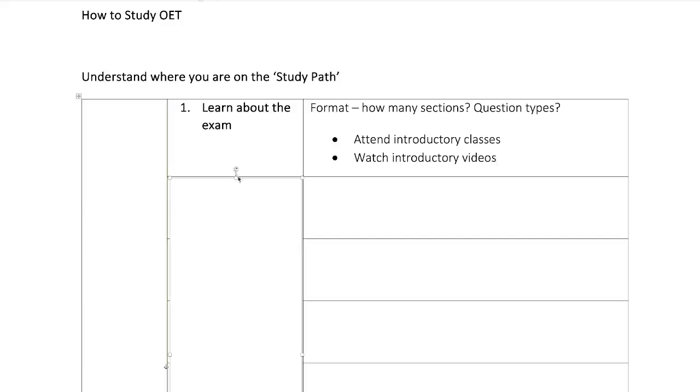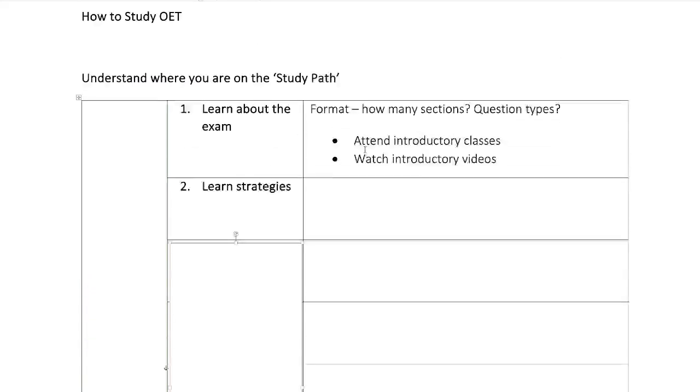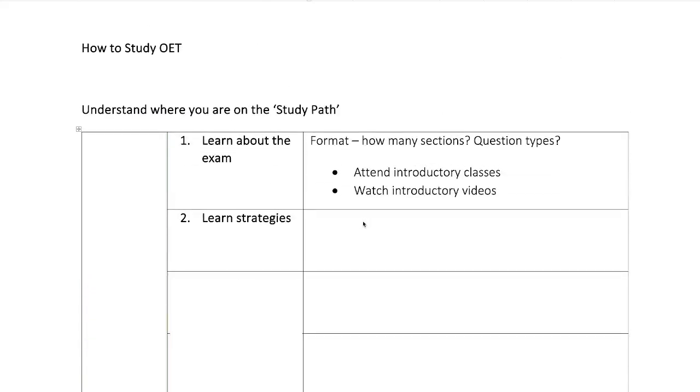That's the first stage. Second stage is a bit trickier. Learn strategies. So when we say learn strategies, everybody is looking for a trick, aren't they? They're looking for the technique. What is it? How do I pass this section? How do I pass that section? If there's one thing that I can do by telling you about the study guide, it's to tell you that there is no trick, that there is no one technique that will do it, but techniques and strategies are essential. So we do need to know, I should be doing this